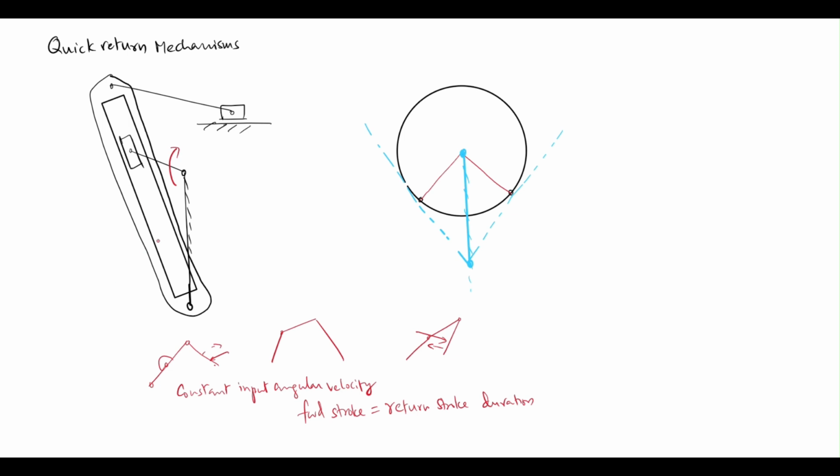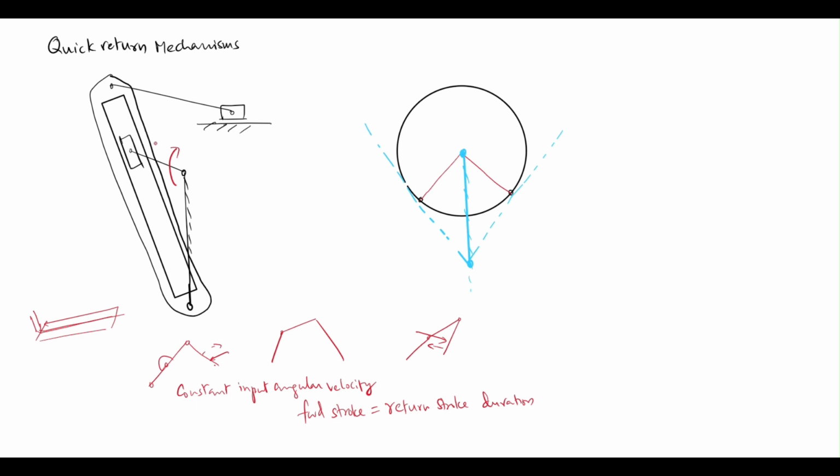For some mechanisms like a shaper, the forward stroke is more important, it's the stroke which does the work. And sometimes when a cutting tool needs to do the cutting operation, that stroke is required to go slowly, but the return stroke is not doing any work, so the tool can come back fast. For such mechanisms, you can use quick returns so that the forward stroke goes slowly and the return